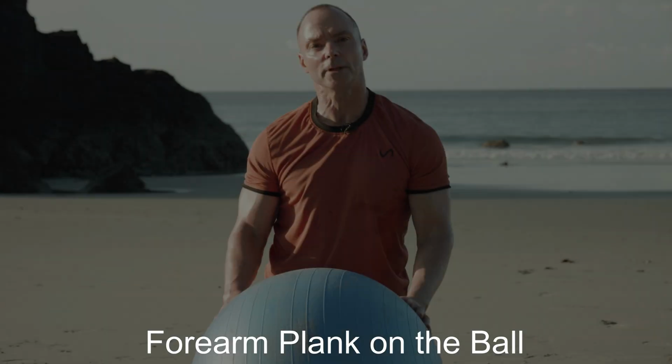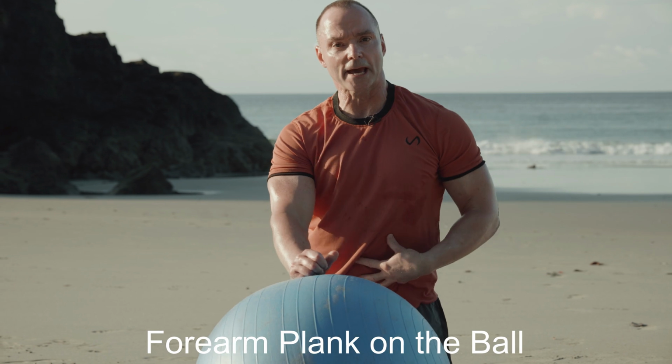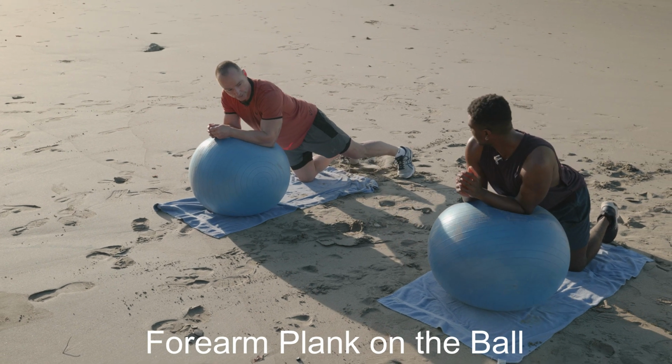So we're going to be in a forearm plank position, forearms on the ball, then just raising up from the hips with the abs pulled in, and we're going to hold for 1 minute, just maintaining that position. Now raise up from the hips,